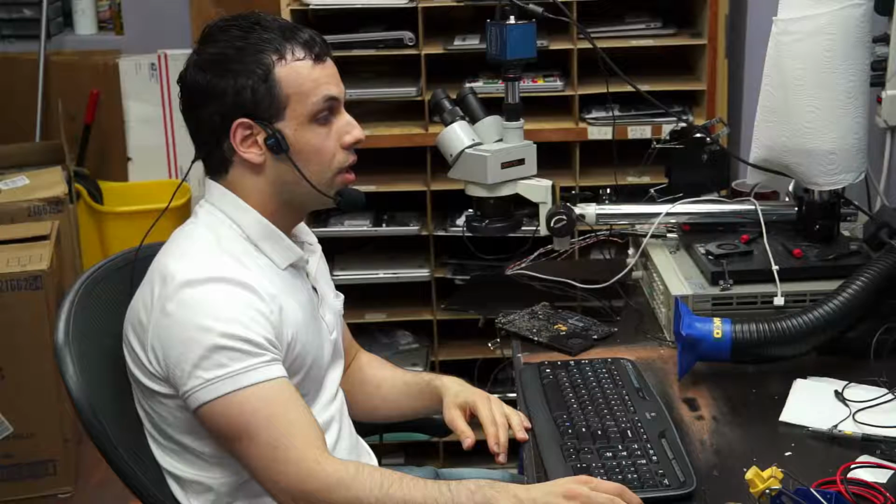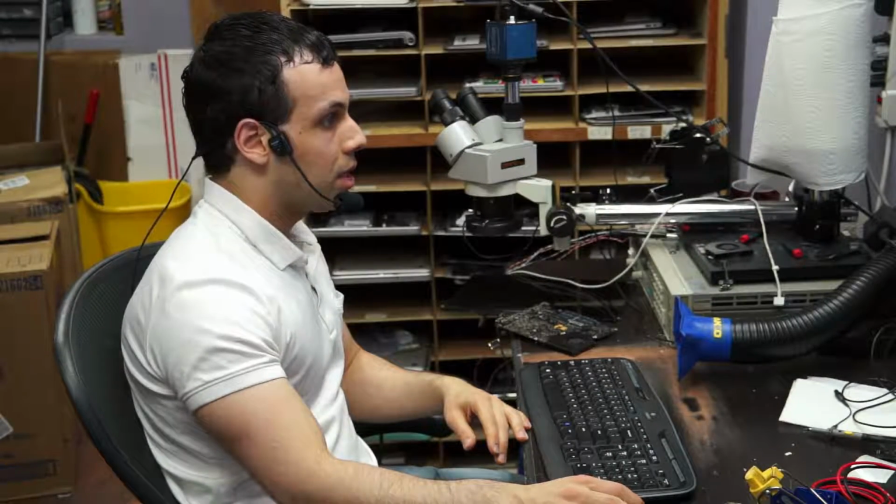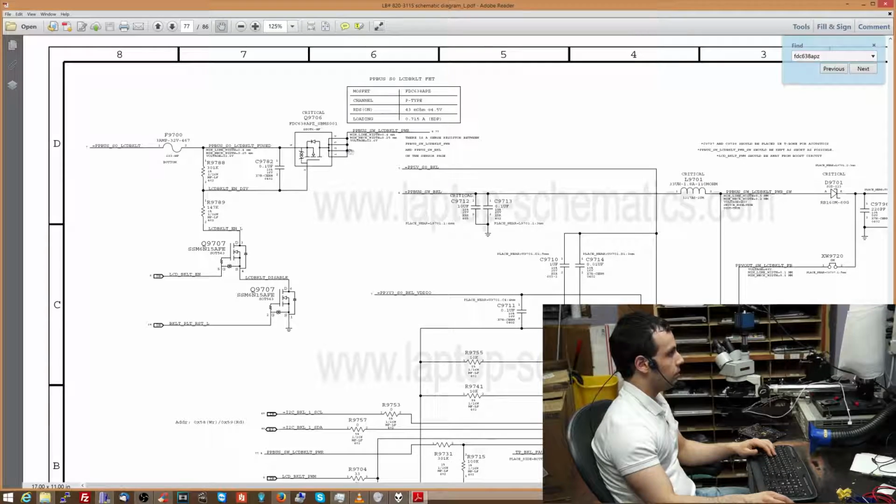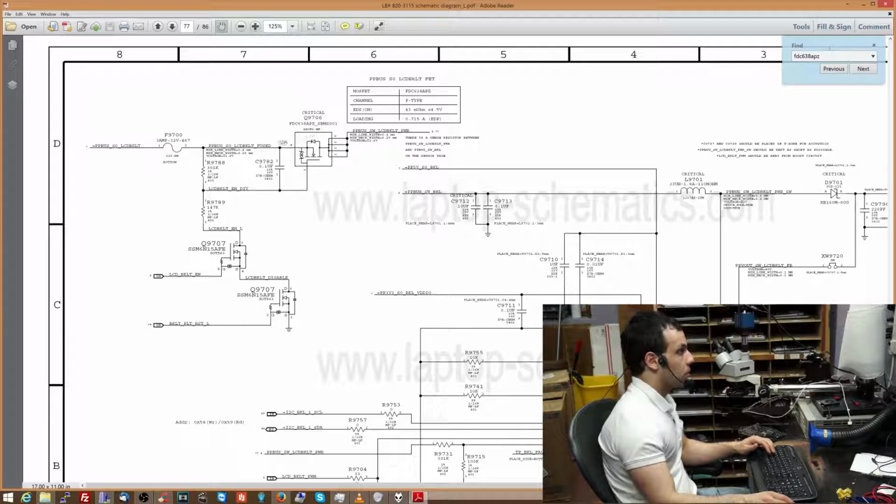Let me show you on the schematic here a little idea of what I mean when I tell you that a transistor is just a resistor. So the way this works over here, pin 4 is the source, pins 1, 2, 5, and 6 are the drain, and pin 3 is the gate. So the source to the drain is the resistor. From here to here, along here, this is a resistor, right?